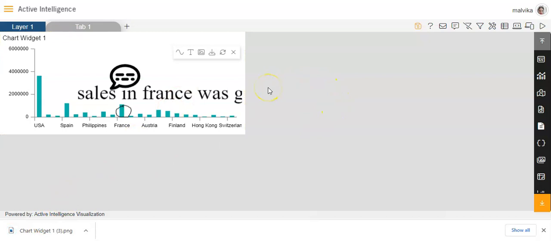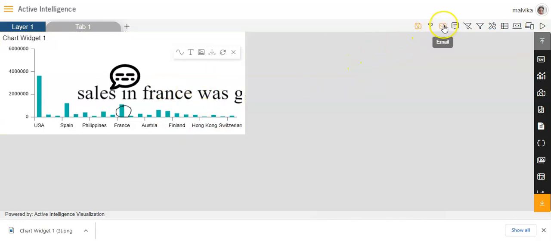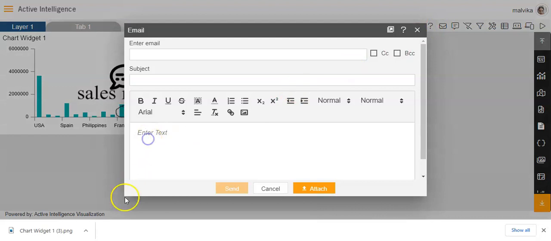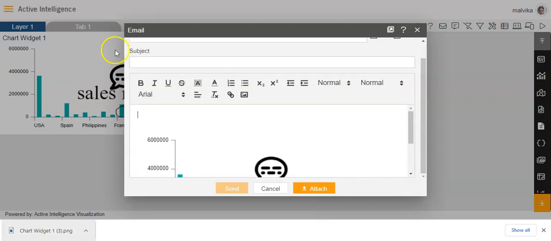Now if I want to share this chart, this report with a user through an email, I'll click on the email option over here on the top right hand side, and I'll simply drag and drop this report here, and you'll see that it has come in the same way as it was made in the dashboard.